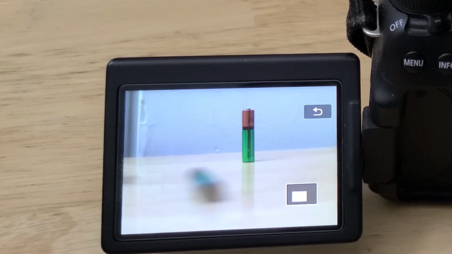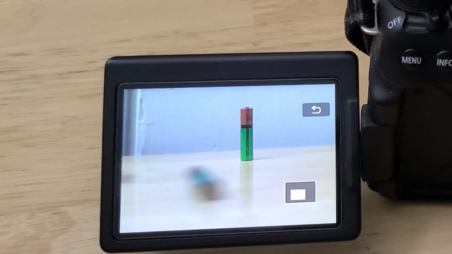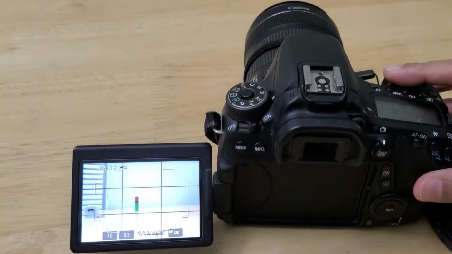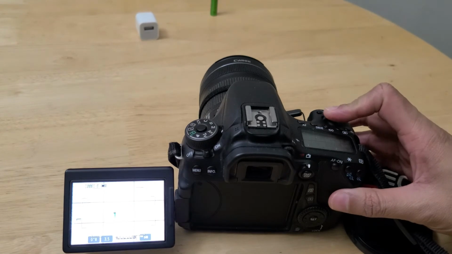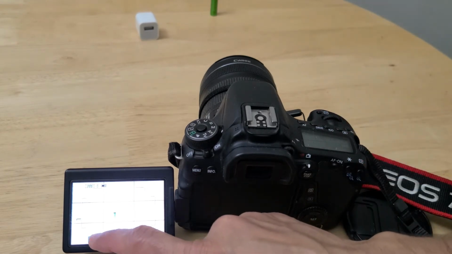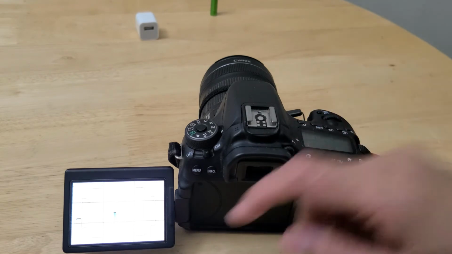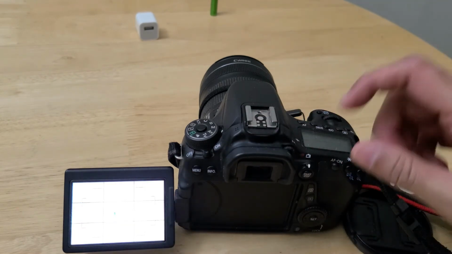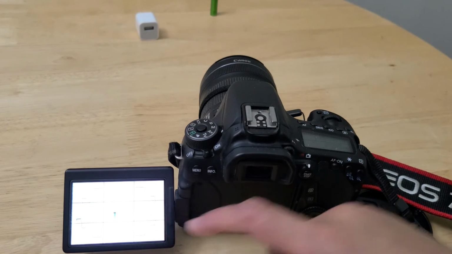The other place where you can use a slower shutter is, let's say you have a very dark scene and you want to capture more light. So let me give that example as well. So I'm reducing the shutter speed or increasing the exposure time. Now when you see the double inverted commas, it means it is 1 second, but you can see on the screen that the image is very bright.